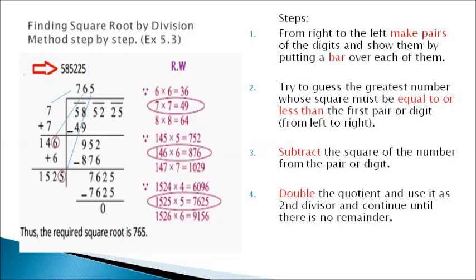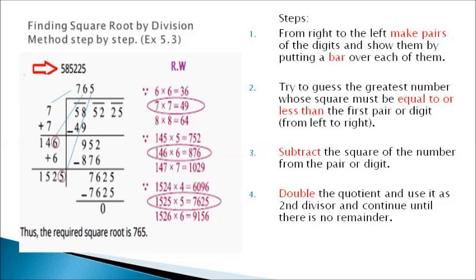Next step, we will do subtraction that we regularly do in regular division also. So 952 minus 876, we will subtract from it, and we are left with 76. In the next step, we bring down the next pair, that is 25. Now the number that we are going to divide is